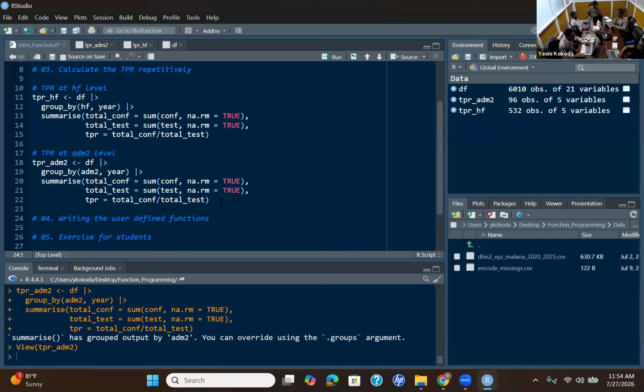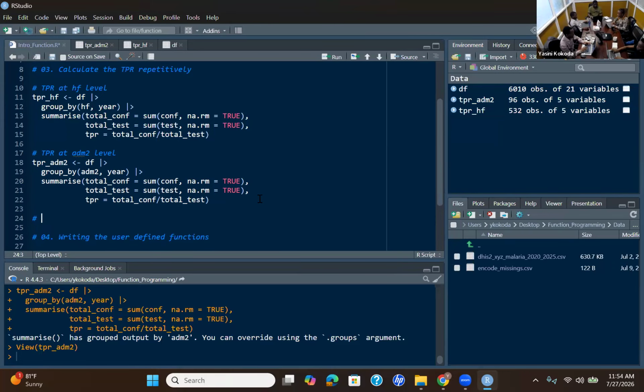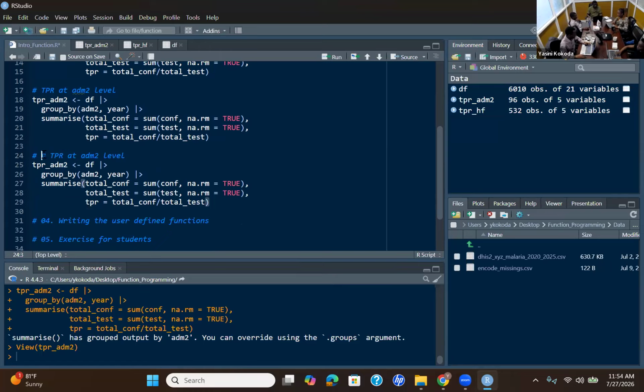So the third summary, we want TPR at admin 1. For example, in the case of Tanzania, we want now at regional level, what is the proportion of people who tested positive from the health facilities in a region like Dar es Salaam per year. So you can copy paste it here and then modify the comment. In this case, we want admin 1, and then modify the assignment variable.